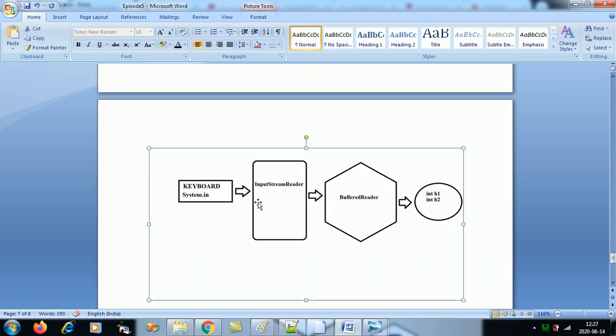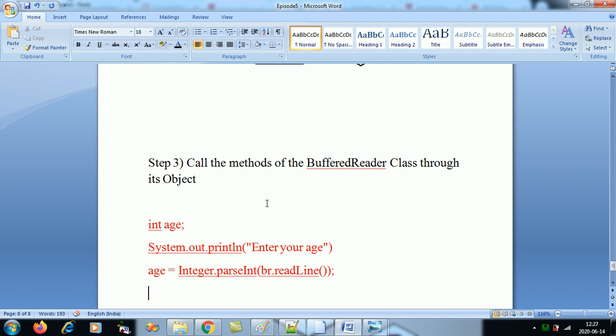Now if you wish to use that, so what will you say? Enter your age, and BR, the function is readLine. BR doesn't have specific functions; it uses only one function to read integer, character, float, everything, and that is readLine. This is for your understanding, for beginners. As you dive deep with the BR function, professionals have many flavors of it. As you all are beginners and just learning the ABCD of Java, we are just restricting you to this. BR has only one function called readLine.